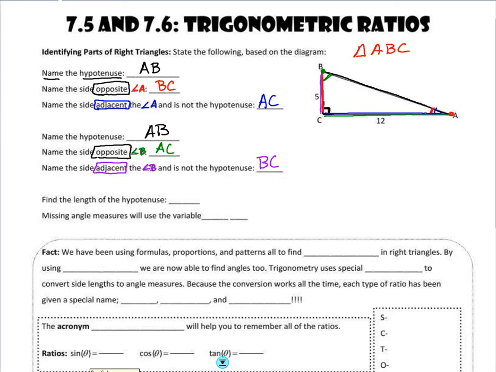The next thing they ask us to do is find the length of the hypotenuse. So go ahead and pause the video at this point and see if you can determine the method you would go through to find the length of the hypotenuse, meaning the distance from B to A. Go ahead and pause the video and see if you can find that measure. If you remember, to find the length of AB, you would need to use the Pythagorean theorem,